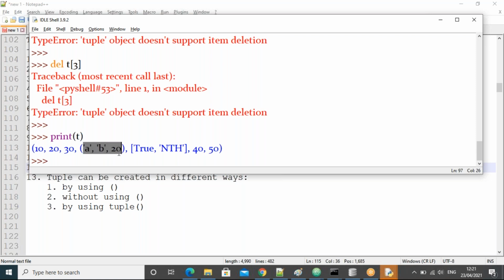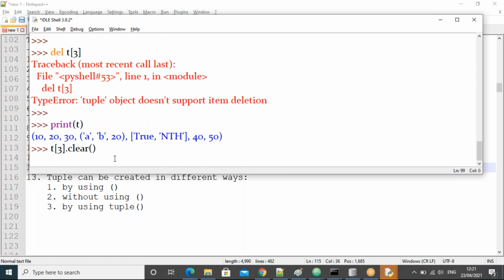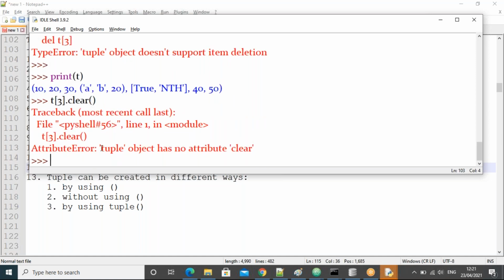I am taking here tuple of 3 dot clear. What is 3? The subtuple, right. Dot clear. Is it possible? Not possible, because the tuple object has no clear attribute.